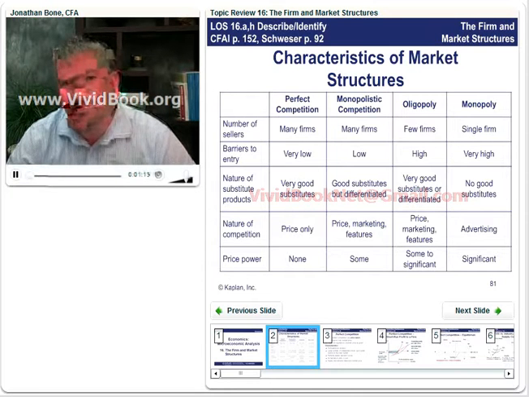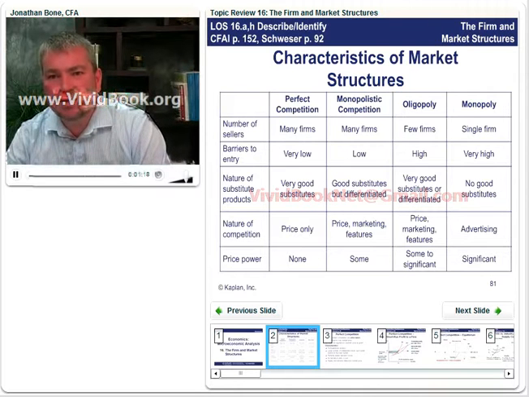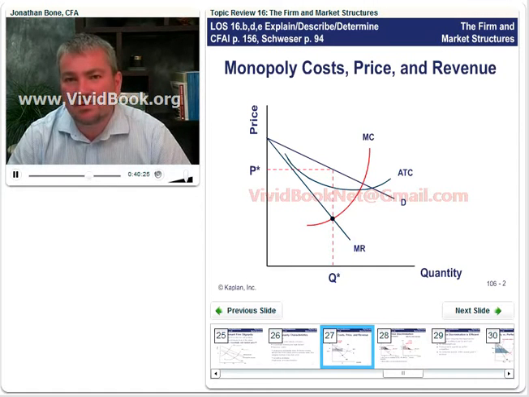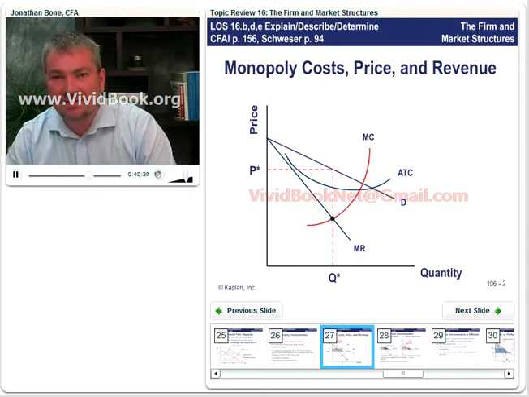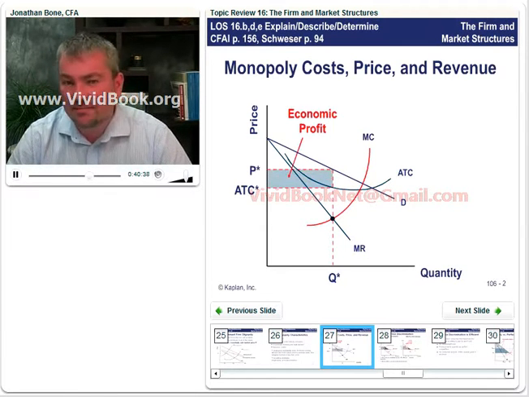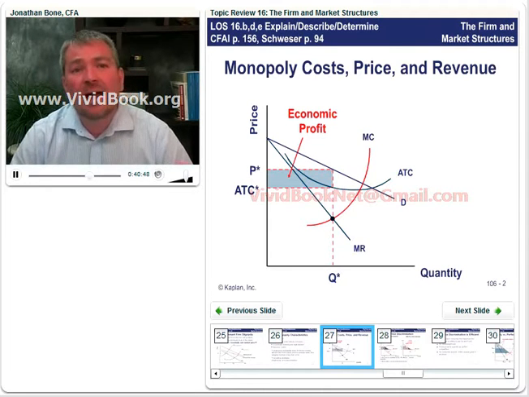Now, of course, profit maximization for all firms is where marginal revenue equals marginal cost. So let's put that in. And of course, extend the line up until it hits price to get our total revenue, extend up from quantity until it hits average total cost to get total cost, and the difference between total revenue and total cost, of course, is our area of economic profit. Now, the critical point to note with monopoly is because of the very high barriers to entry, that economic profit can be generated in both the short run and the long run.